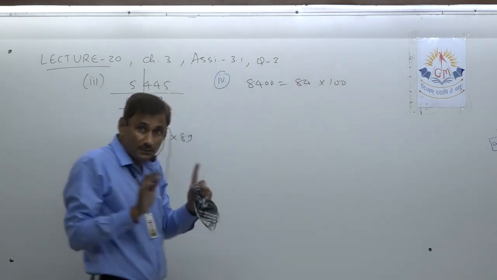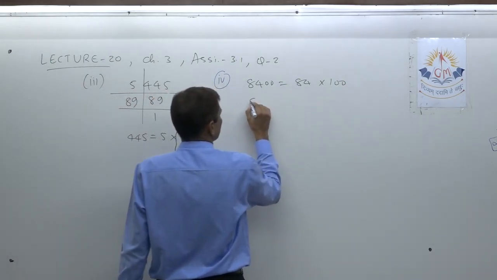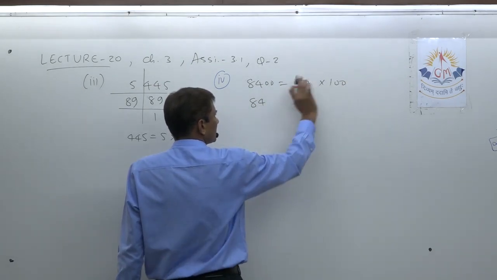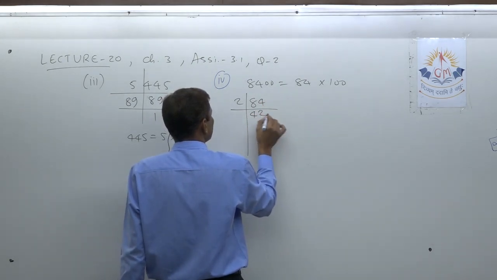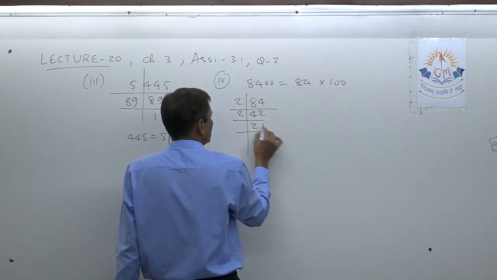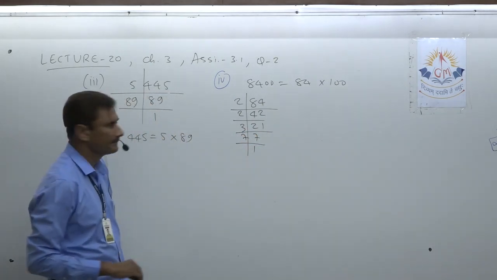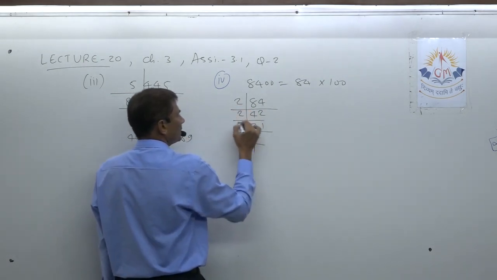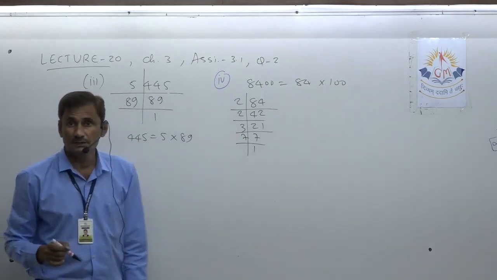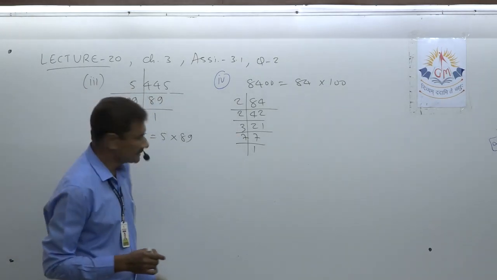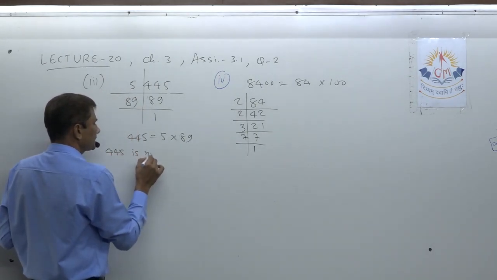Now we have to check whether 84 is a perfect square number or not. So just factorize 84 only, not 100, because that factor is already a perfect square. An even number is always divisible by 2, so I just divide by 2: 2 into 2 into 3 into 7. Okay, so here the factors are not in pairs because 3 is single, 7 also single. So you can say it is not a perfect square number.